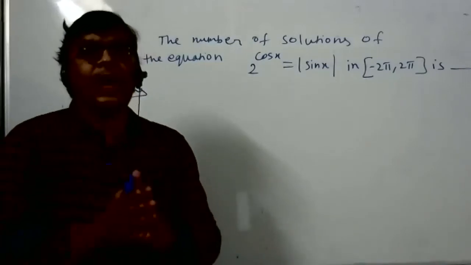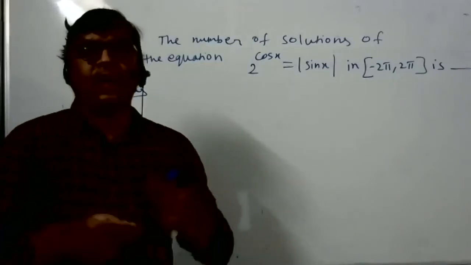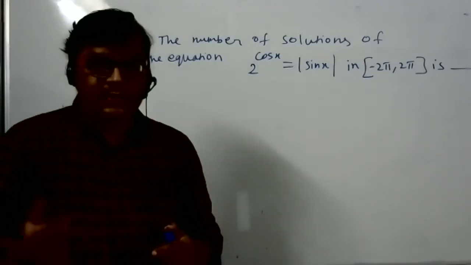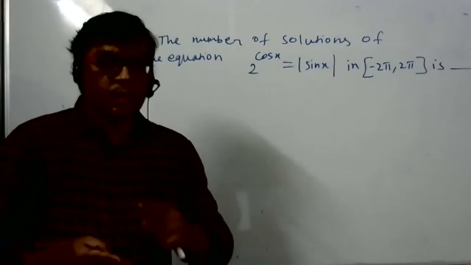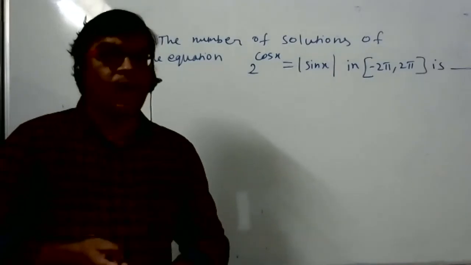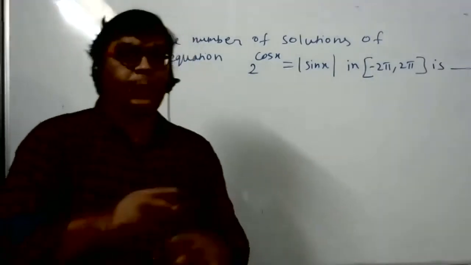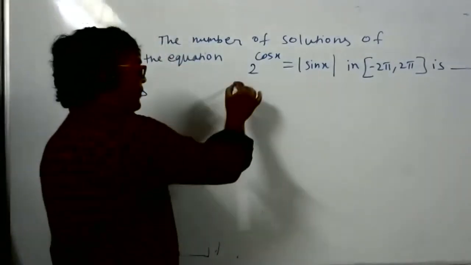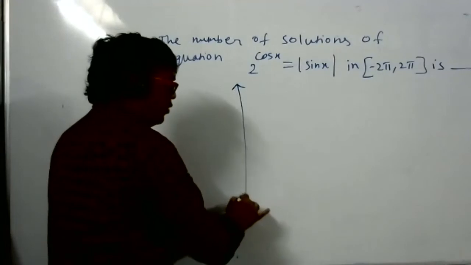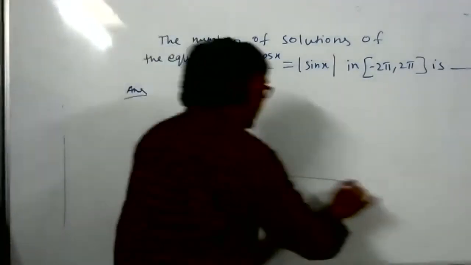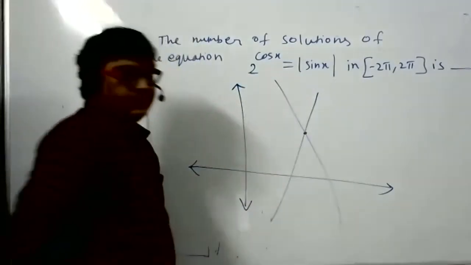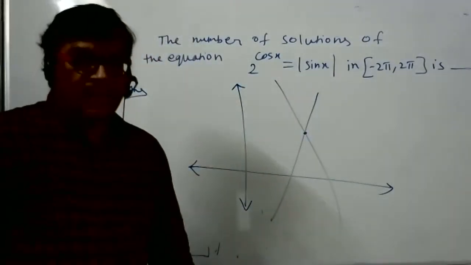In school also you have learned how to solve the simultaneous equation graphically. Do you know what is a simultaneous linear equation? Two linear equations in two variables. How to solve graphically? You plot the simultaneous equations on the graph sheet. You will get how many lines? Two lines. And where the lines intersect, that is the solution.